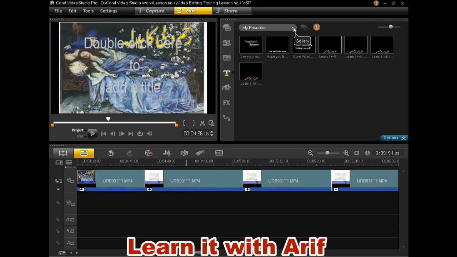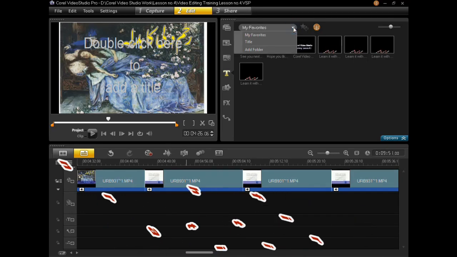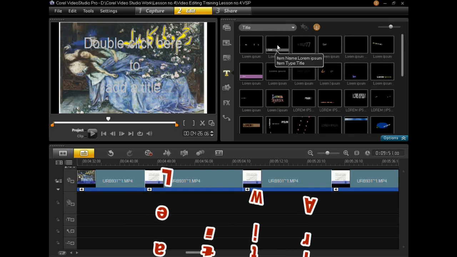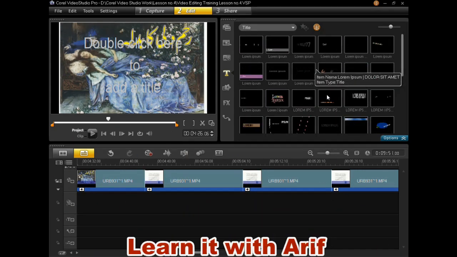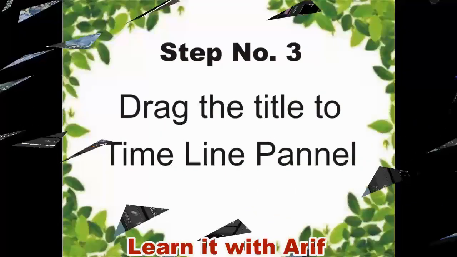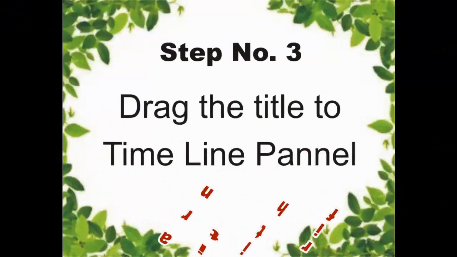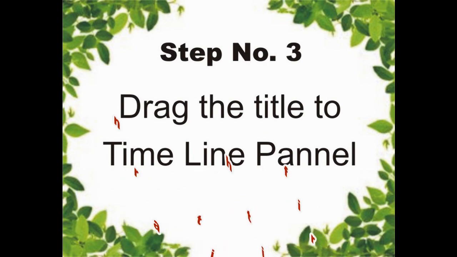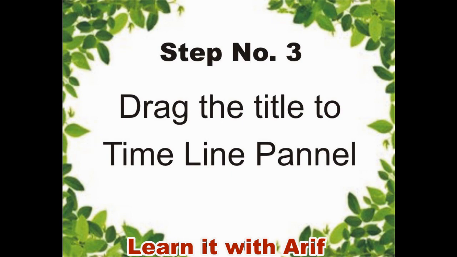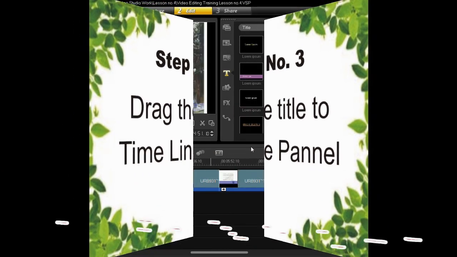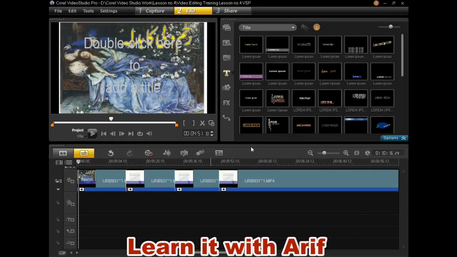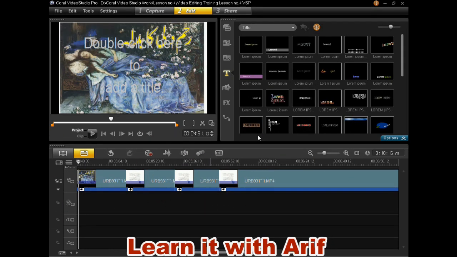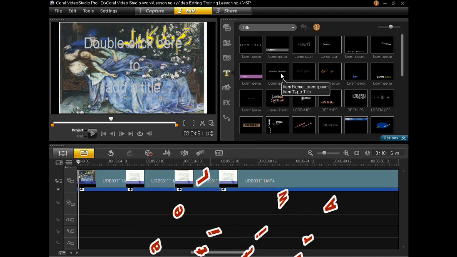Click this gallery drop list box and click title to see all the titles in the library panel. Now choose the title which you want to add to your clip.